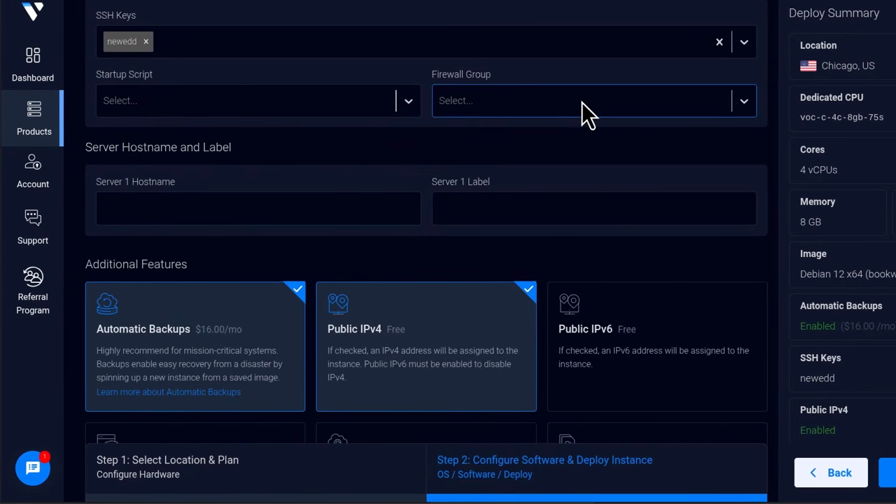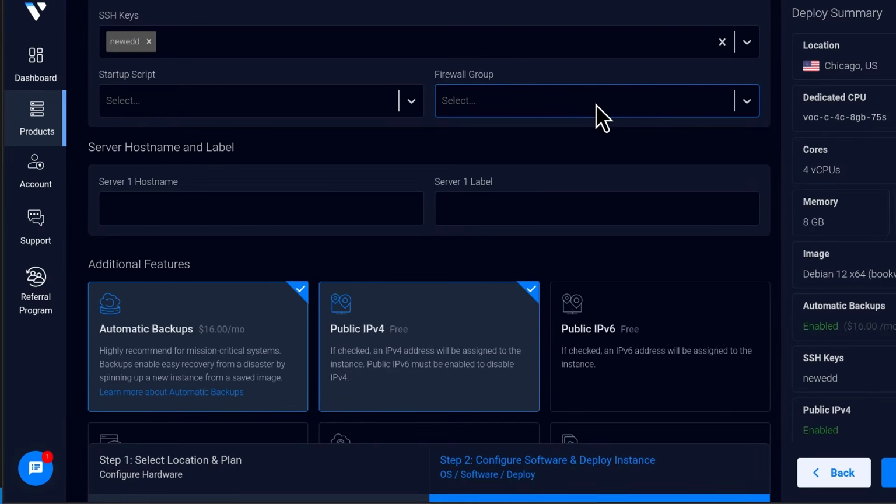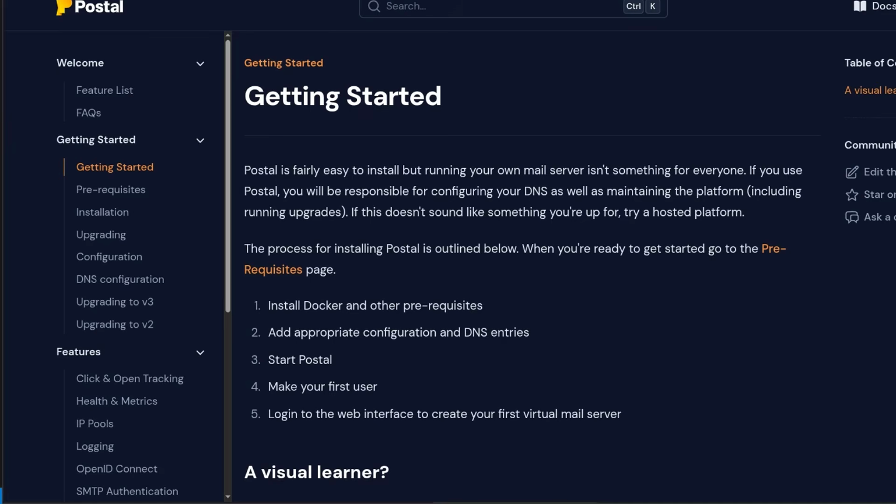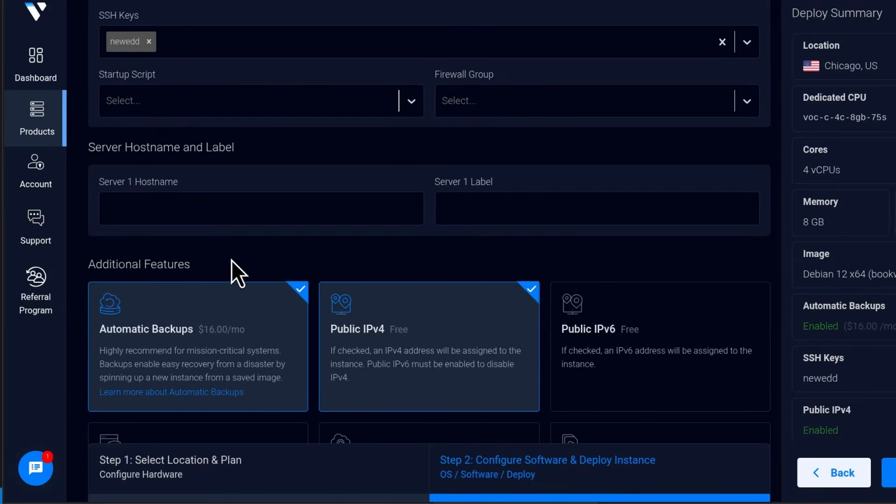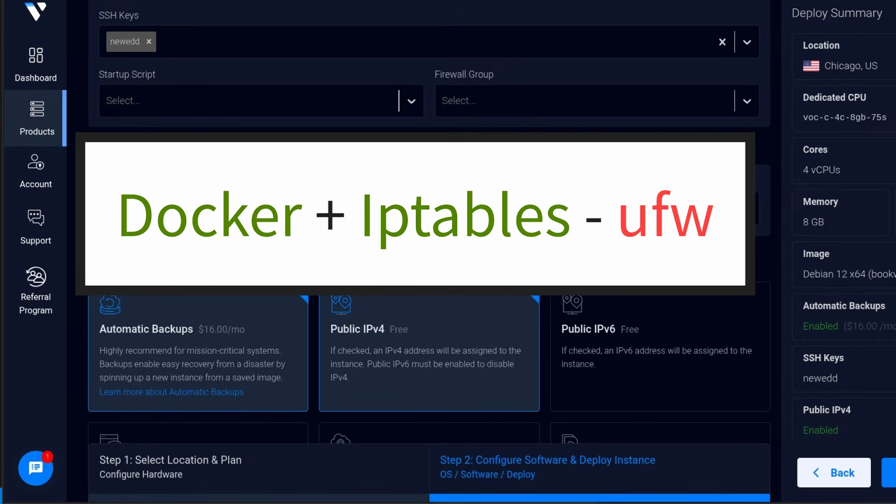And something else that I should do now is enable the firewall. Now, the way Postal works, it uses Docker. And if you know about Docker, you know that at least you need some firewall between your VPS and the world, right? So before you make anything publicly accessible, make sure there's a firewall between you and Docker. And that does not include the firewall that is built into your operating system. So since I'm using Debian, UFW will be there, but we're going to disable the UFW and just let Docker do its thing.